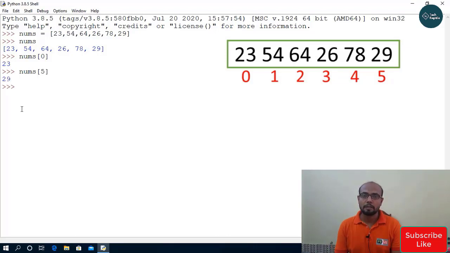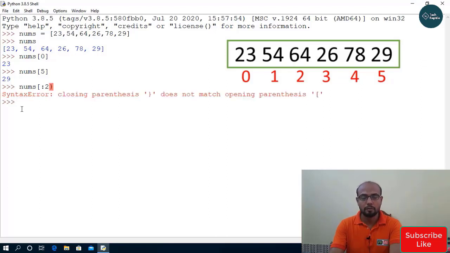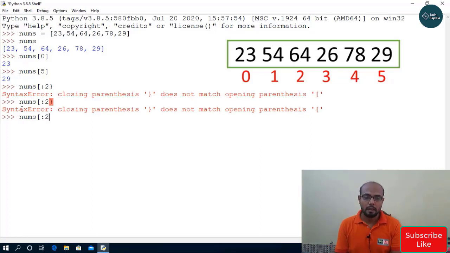In fact, not just the last and first value, we can pick up any value from the list. If you want to print something in between the list and then till the end, as we use in our string. If I want to print the first two values, then what should I do now? Oh, my mistake. Yes, I have got the first two values from my list.